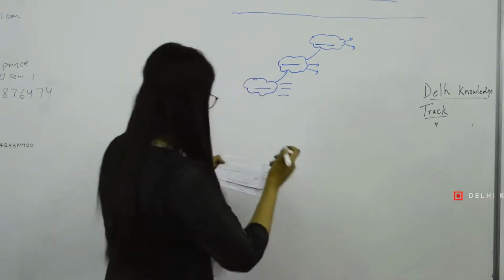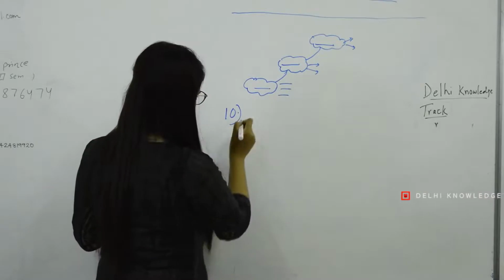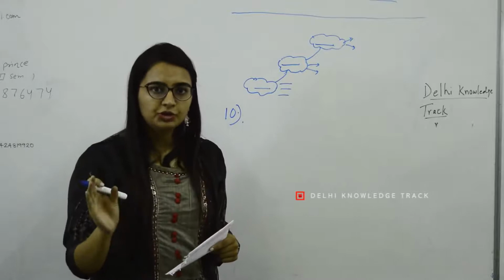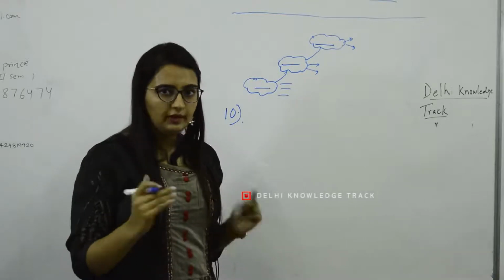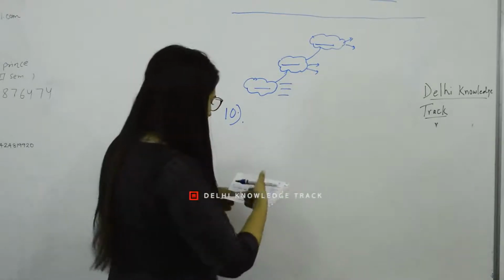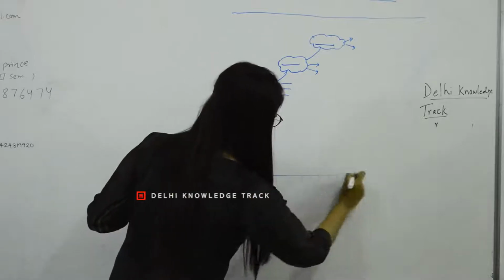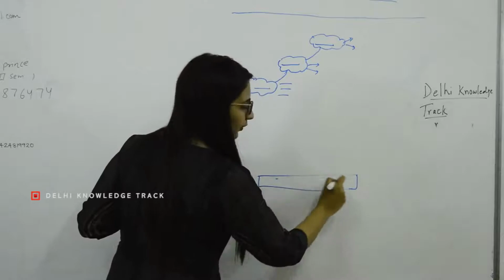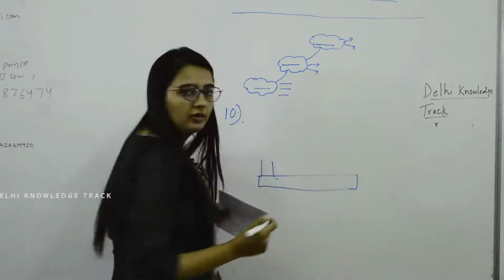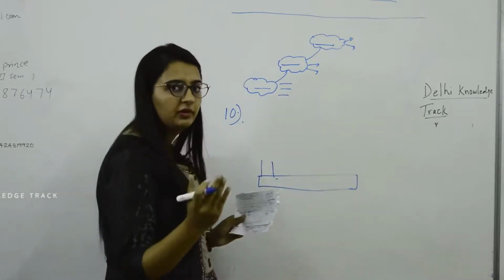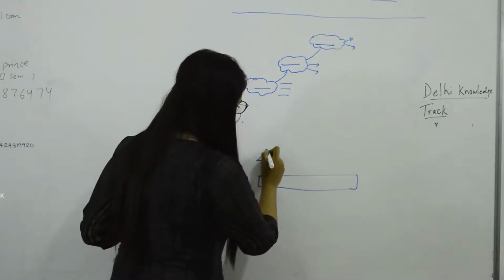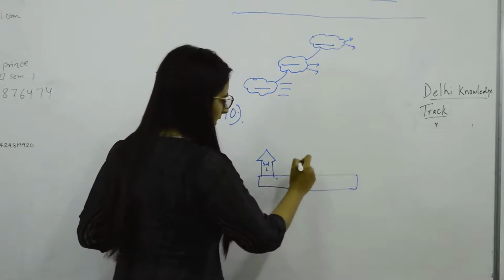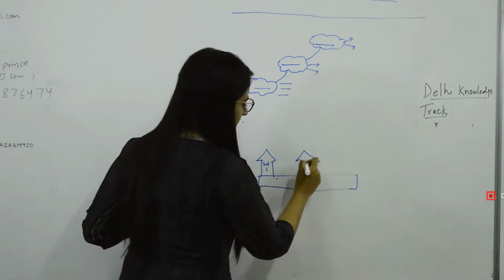Then coming to the next, 10th way of making it, while writing solutions, we often write that a multi-pronged approach has to be followed. So how can that be presented? You can write here multi-pronged approach. Let's say we want to talk about 3 approaches, 3 solutions. So I'll make pillars like this. Solution number 1, keywords of it here. Solution number 2, keywords here.